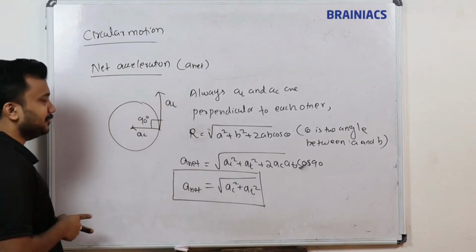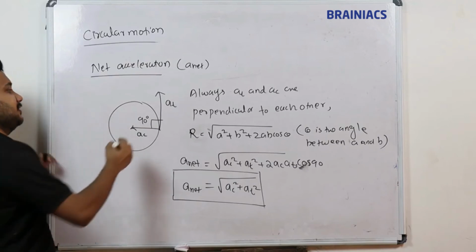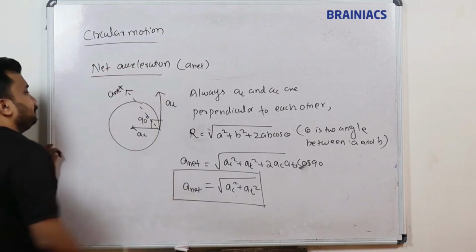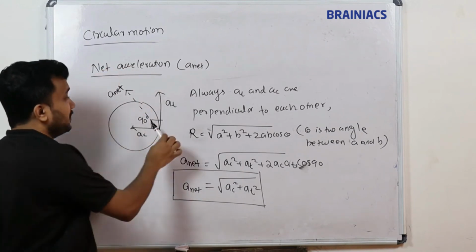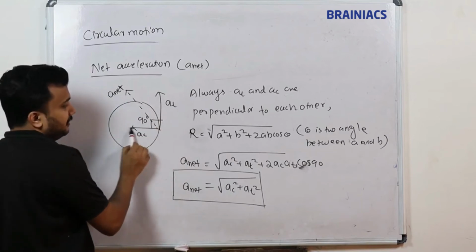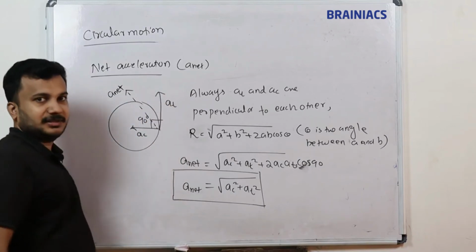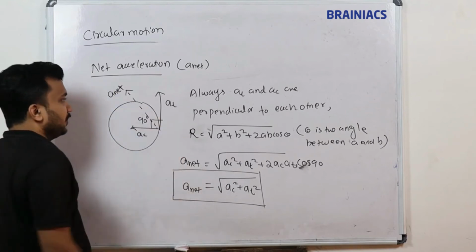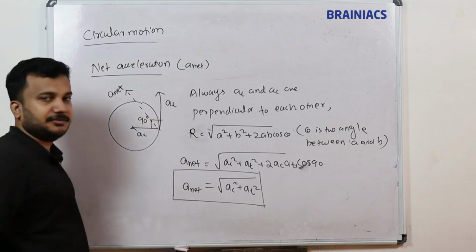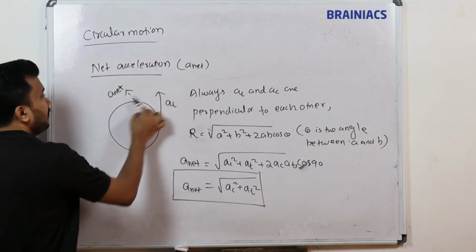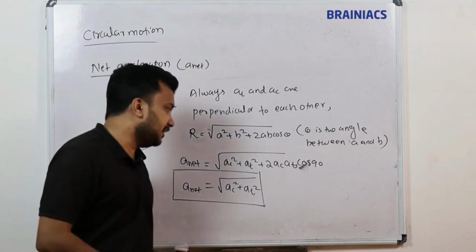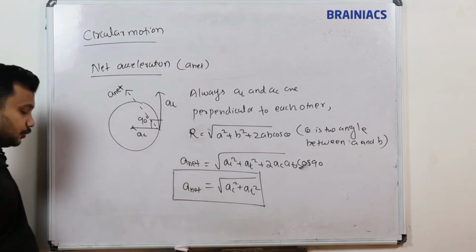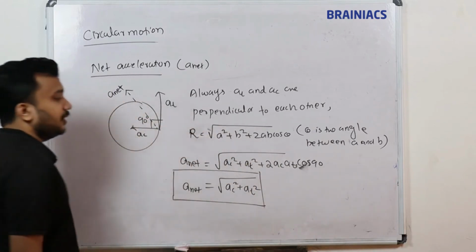It's a very simple way we are finding the resultant. The resultant acceleration A net is always towards the bisector. Bisector means where these two vectors join: bi means two, sector means where the two vectors meet. It is 45 degrees from each, passing exactly through the middle of the two vectors, and that is A net, root of AC square plus AT square.